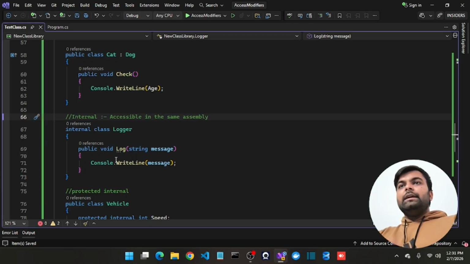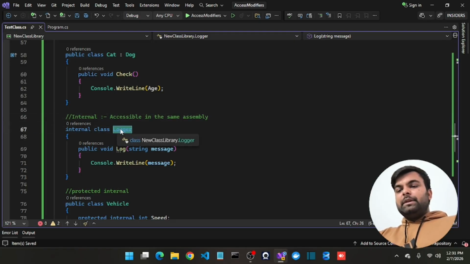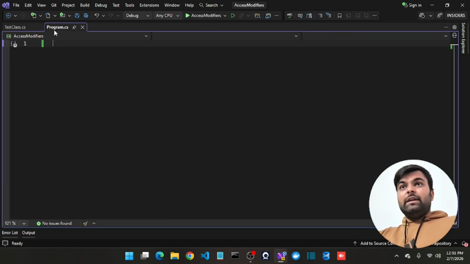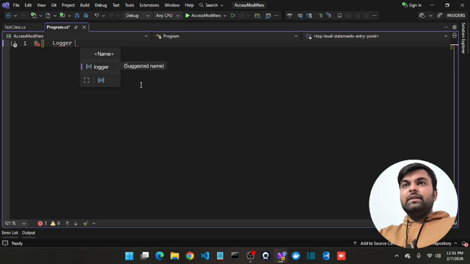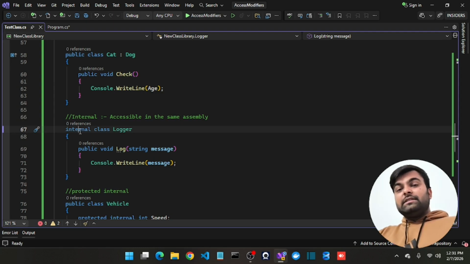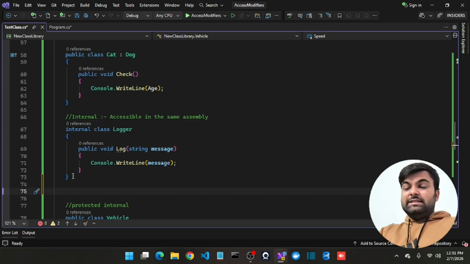That's it. Like with the public access modifier, we can access the class outside the assembly as well. But whenever I try to access this here, you will see it is not allowing us to access the Logger class outside the assembly, because we have set the internal access modifier, which has the limitation that you can access this class only in the same assembly. If you want to check whether it is real or not, simply